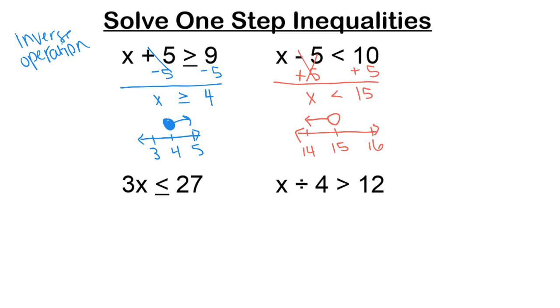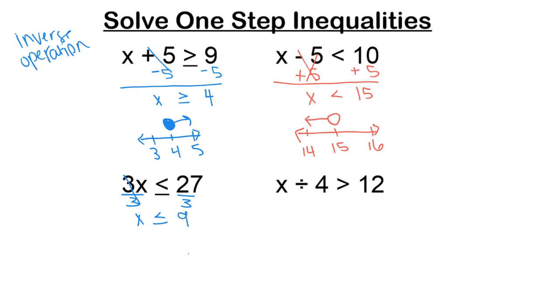The next two examples are a little bit different. In this first one, we see 3x is less than or equal to 27. This right here is multiplication. So to undo multiplication, I'm going to show the opposite, which is division. I'm going to divide both sides by 3. X would be what's left here, because those 3s cancel out, is less than or equal to 27 divided by